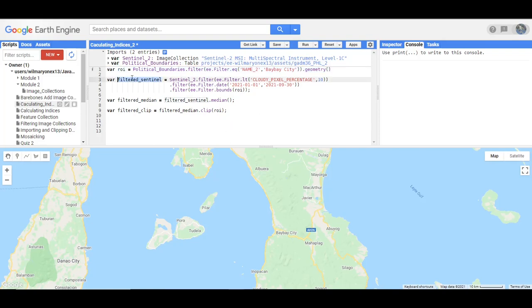The second line of code is where we filtered the Sentinel-2 data, using the metadata cloudy pixel percentage, and then the date, from January 1 to September 30, 2021. And then for the bounds, we are going to use the geometry, the ROI. And then we created the median image of this filtered image collection. And then we also clipped it using our Baybay City shapefile, using our ROI. Okay, so let us now proceed to calculating